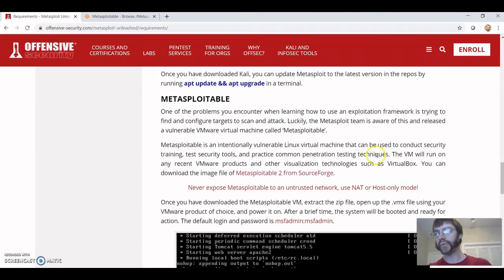And so Metasploitable, as it says, we never want to expose it on an untrusted network. We want to use it in NAT or host-only mode. We could also set this up for a LAN segment, provided, of course, that you've got something on your LAN segment to hand out DHCP addresses